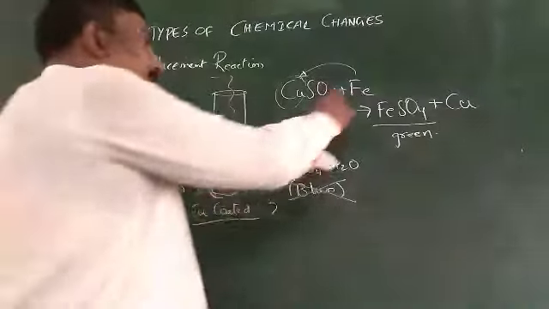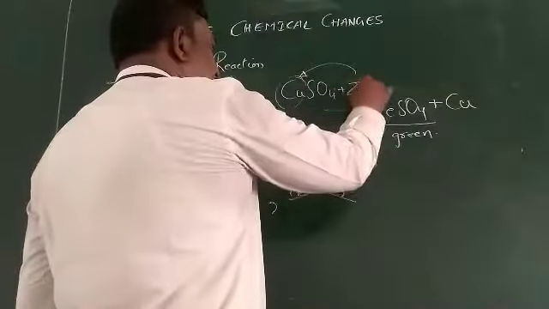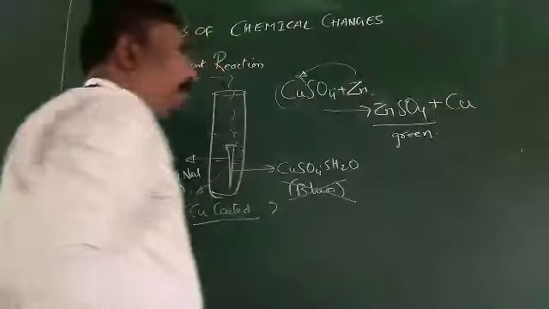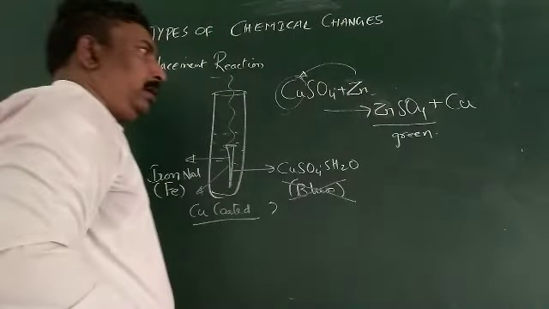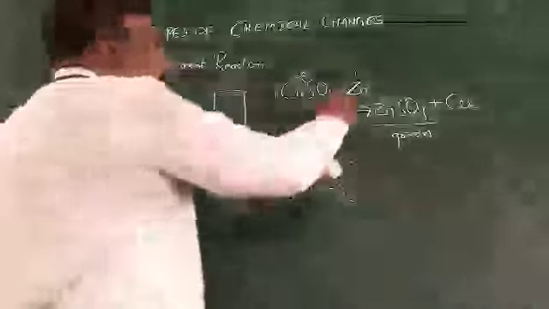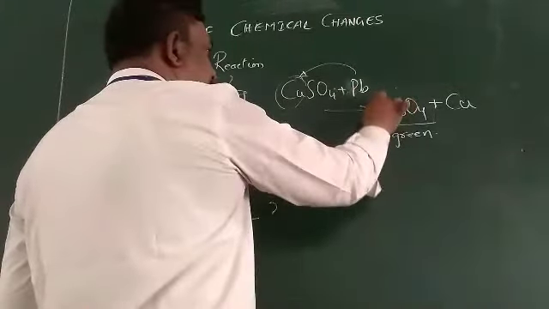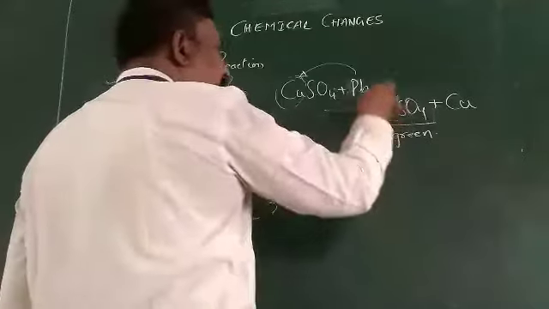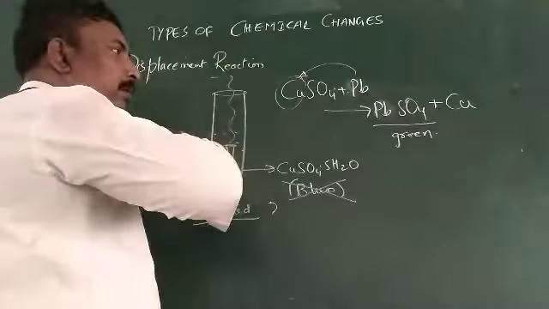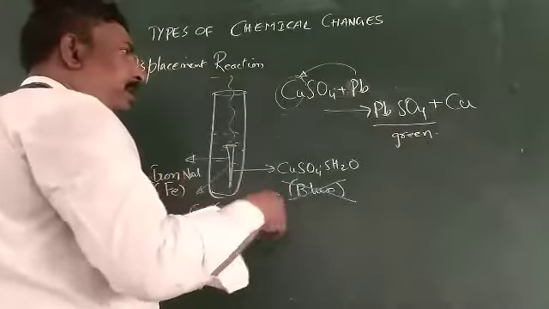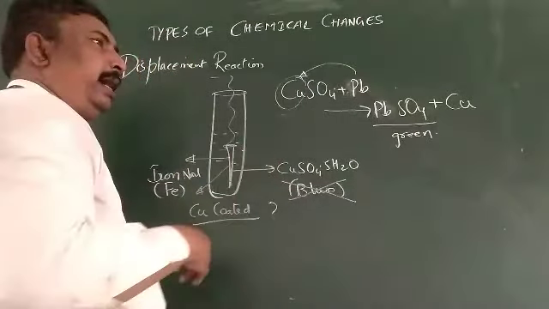If I have done with the zinc also, now I get zinc sulfate and copper. Zinc also displaced copper. Now instead of zinc I have taken the lead. I will get lead sulfate. Lead also displaced copper. But in reverse, if I put the copper in the iron sulfate, you will find that there is no reaction